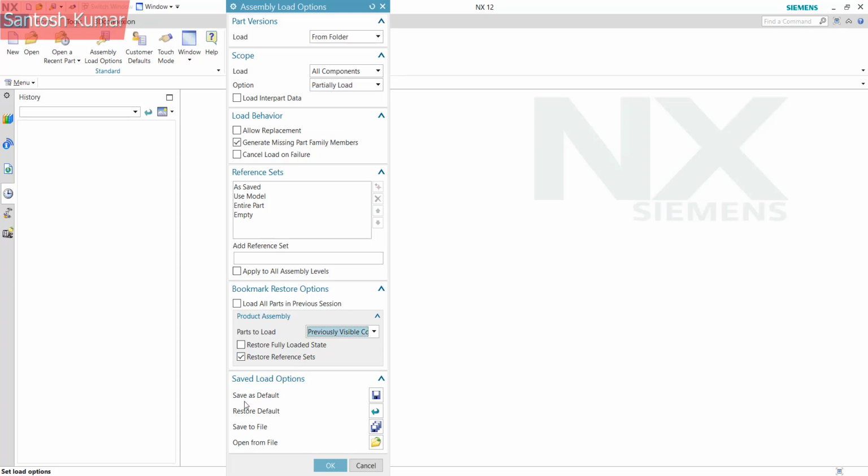So in this tab, if you made some changes over here and you want to save those particular changes as a default, you can select this particular button here. Or if you want to restore the default settings, you can select this one to restore all the settings to the